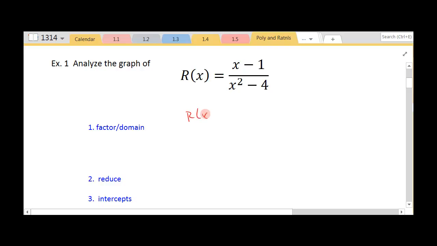So this would look like x minus 1 in the numerator divided by x plus 2 times x minus 2. So this is the factored form of my denominator up here. And we're going to take each of these two factors, set them equal to 0, and solve to find out what number, when I plug it in, gives me back 0 in the denominator. So I have x plus 2 equals 0 and x minus 2 equals 0 here, and I can see that when x is a negative 2